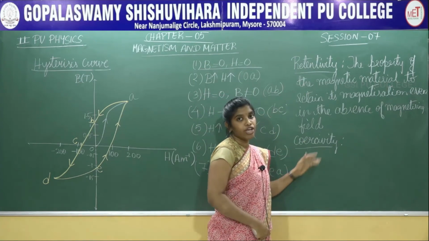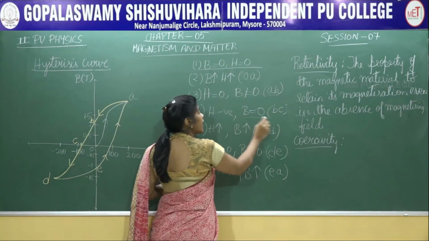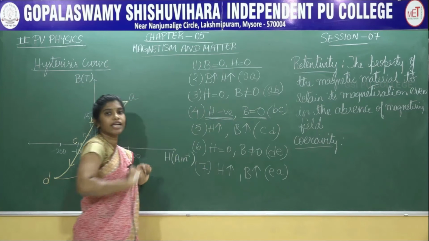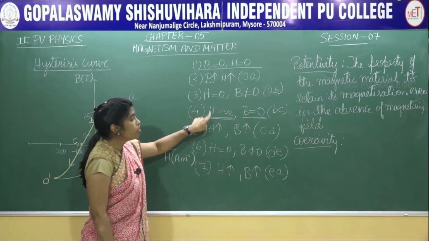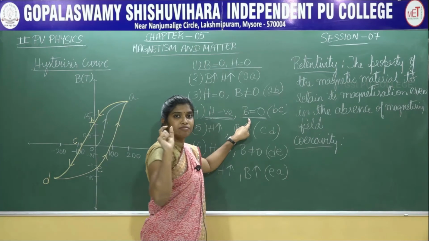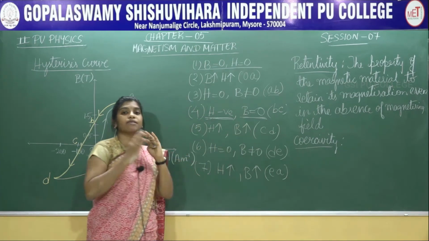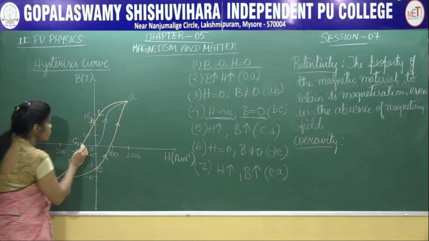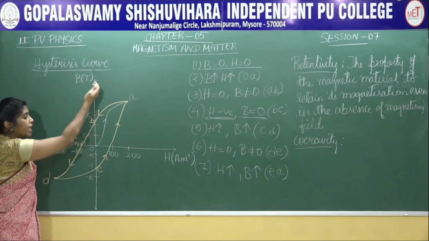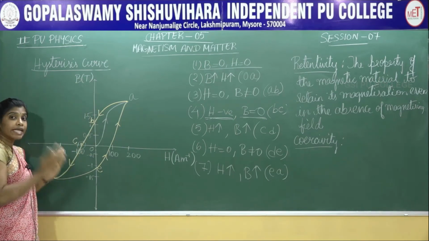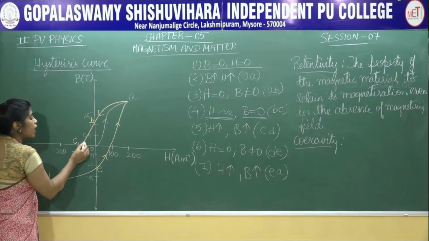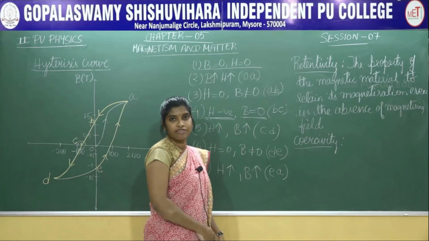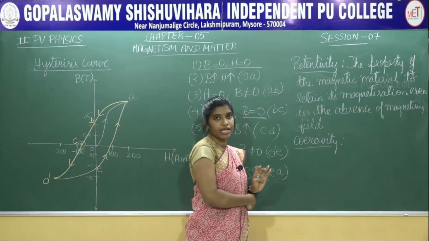Coming to coercivity. What is coercivity? To make the value of B 0, the value of H has become negative. So, the value of H for which the value of B has become 0, that is, we have demagnetized the material completely at this value of H. The material has been demagnetized when the value of H has reached this point, and that value of H is called coercivity. So, let us define what is coercivity.